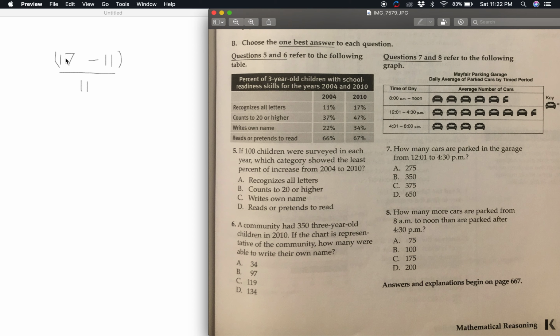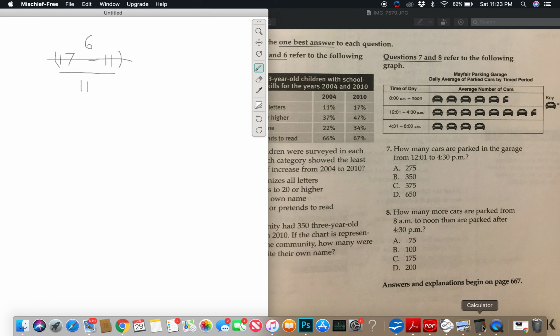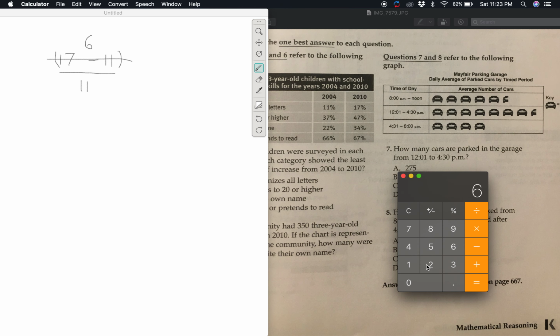So 17 minus 11 equals 6. Then we do 6 divided by 11. Imagine this being 6 right here, so let's cross this out. It is now 6. So 6 divided by 11 equals